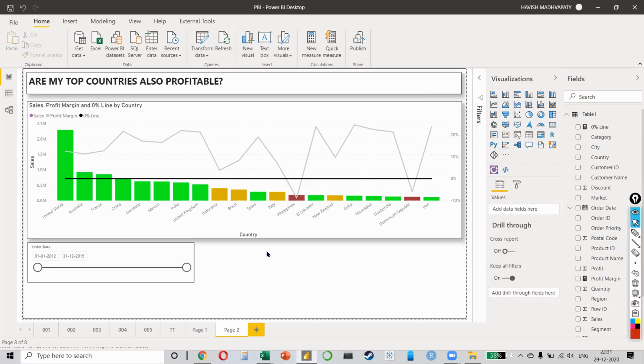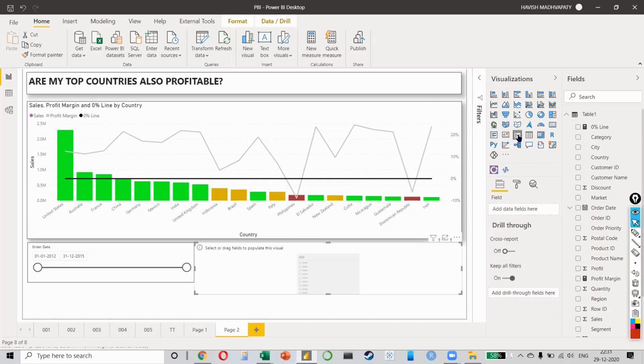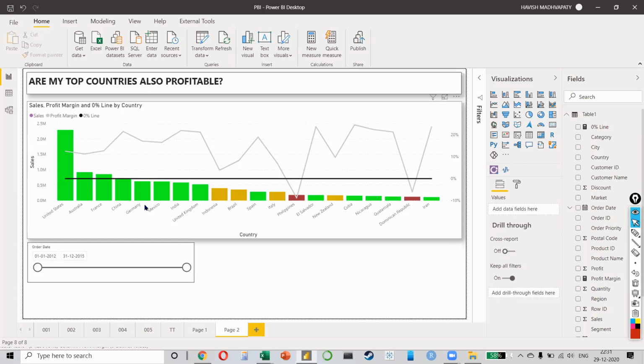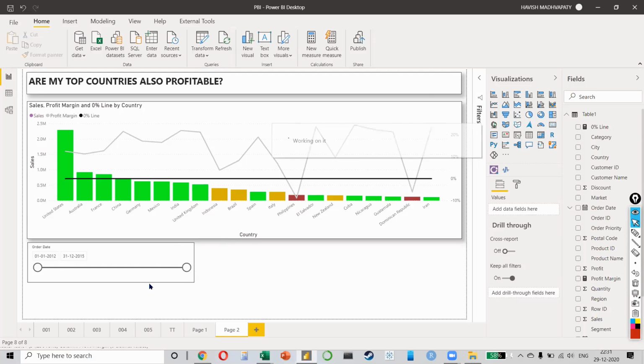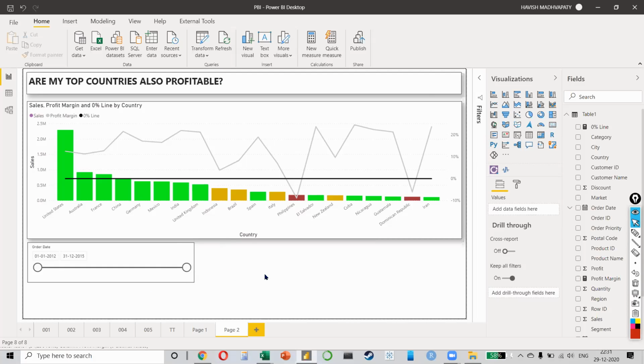Okay, one more thing that we can do is, please watch. I have this data with me. I can make another slicer. And in this slicer, I'll keep my profit margin. Oh, no, wait. No, let's not do this. Profit margin is a measure, so that can't be kept. Ignore that. Right? Let's just look at this for now. Any questions, anyone? Right, all good. Let's move on to another example.